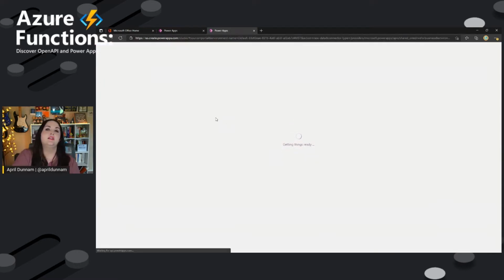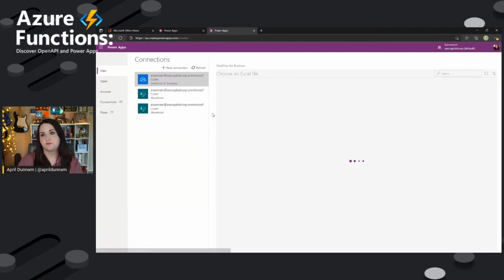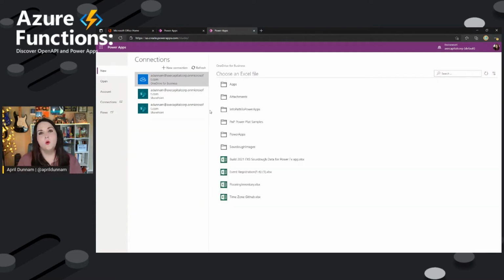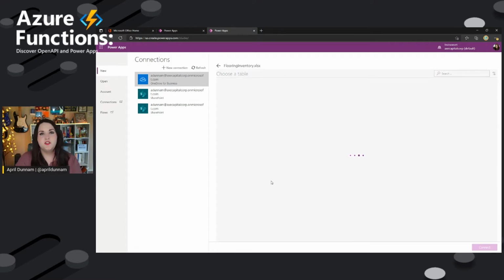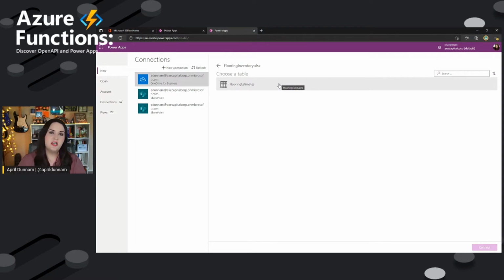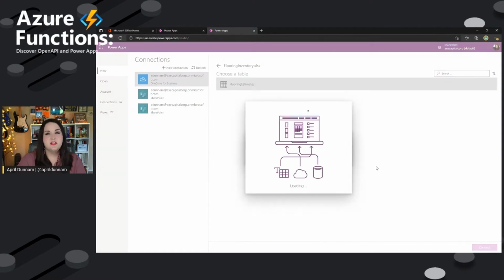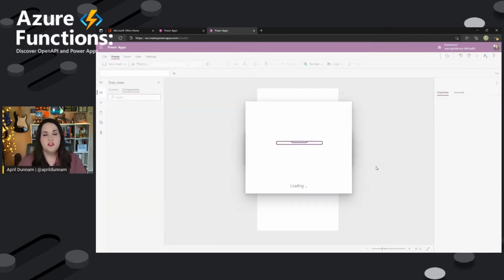And it's going to pop open a dialog here where I can choose the Excel spreadsheet that has the data that I want to use inside of my application. So it can work on OneDrive or SharePoint, and it can find Excel files on there. And one of the ones I have is this flooring inventory. So I want to be able to see the different flooring types I have and check the status and how many are in inventory. Now I can have multiple tables in Excel. So it's going to list all the tables that I have available, and I can choose the one that I want to connect to. And just click connect, and it's going to do all of its magic behind the scenes